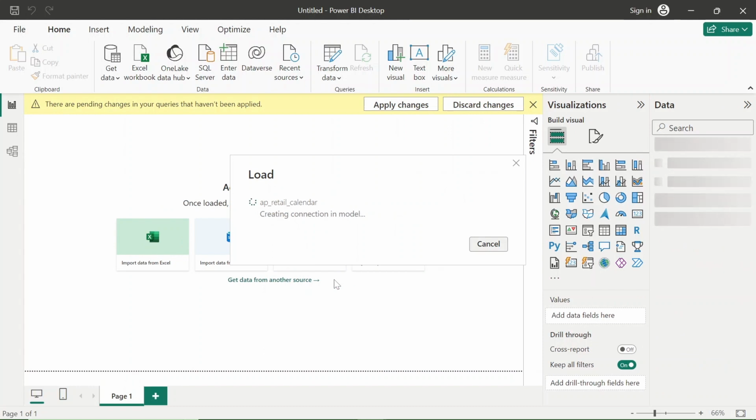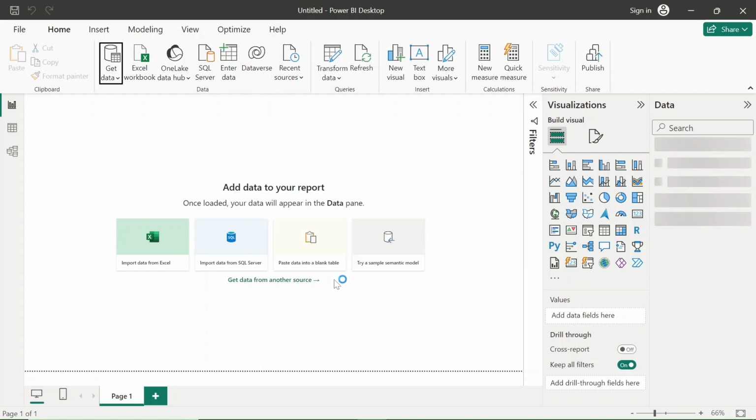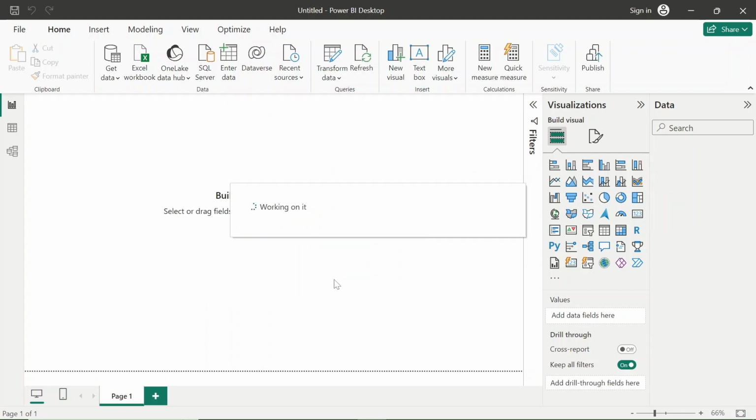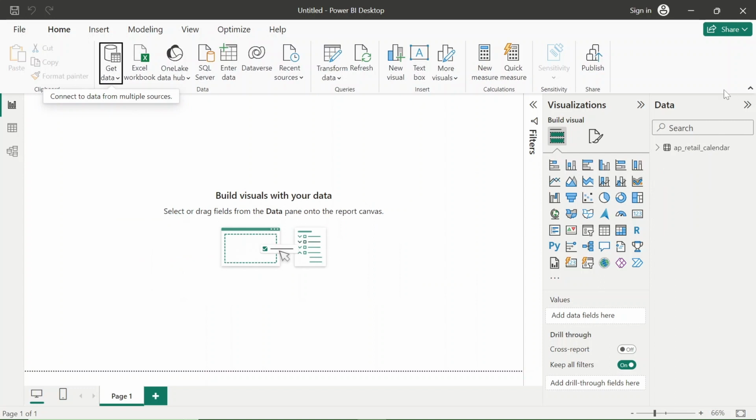Data is being loaded. Okay, data has been loaded successfully. We can see in the Data tab at the extreme right, this AP retail calendar table is visible, which means the data has been loaded in the form of a table.